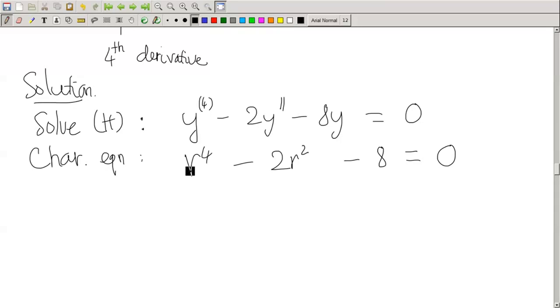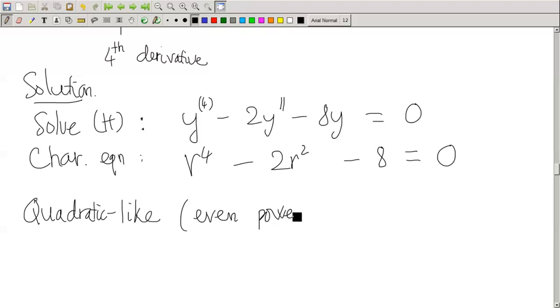This is an equation with r to the fourth, but we only see even exponents, even powers of r, only even power. So we call such an equation quadratic-like. The reason is we only have even powers of r, and also the reason it's called quadratic-like is that r to the 4 can be written as